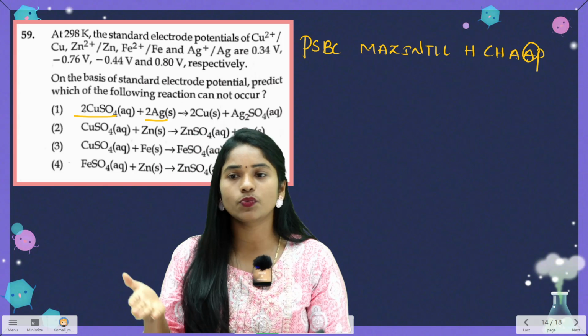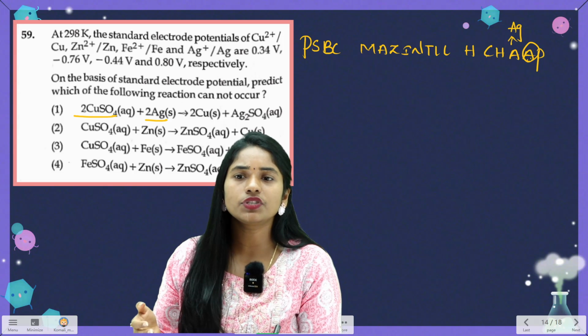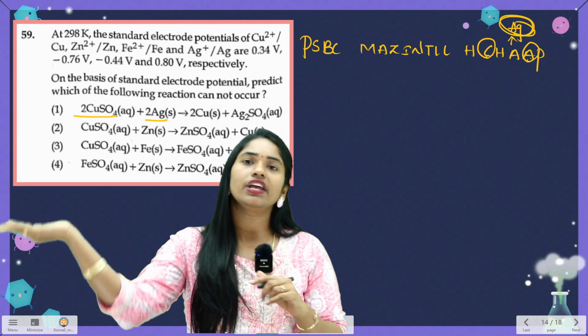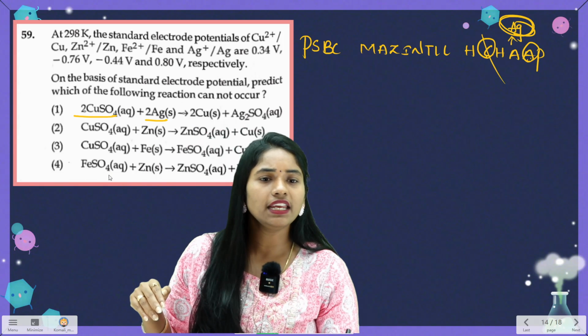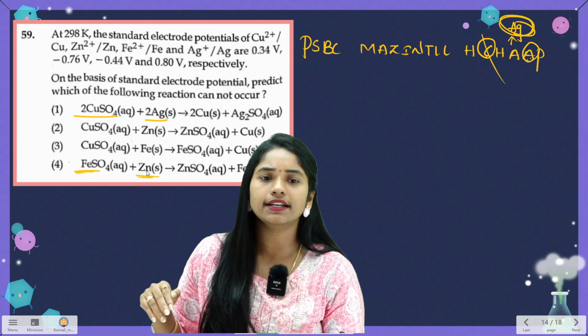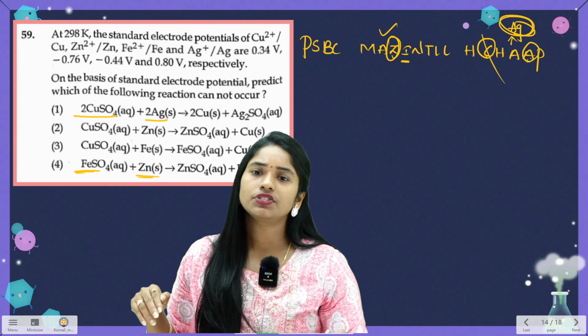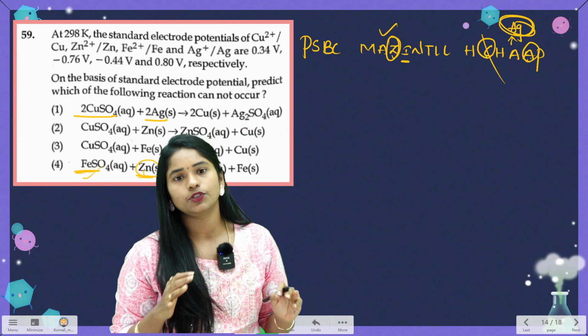In that, the last one is gold, this is silver. So silver, if you see, this is copper. So this is least reactive. Last elements are least reactive. They can't displace the copper because it is more reactive. If you observe any other option, for example, iron and zinc. Zinc is here and this is iron. Which is more reactive? Zinc only is more reactive. So zinc can displace that. That is one way of solving this numerical.